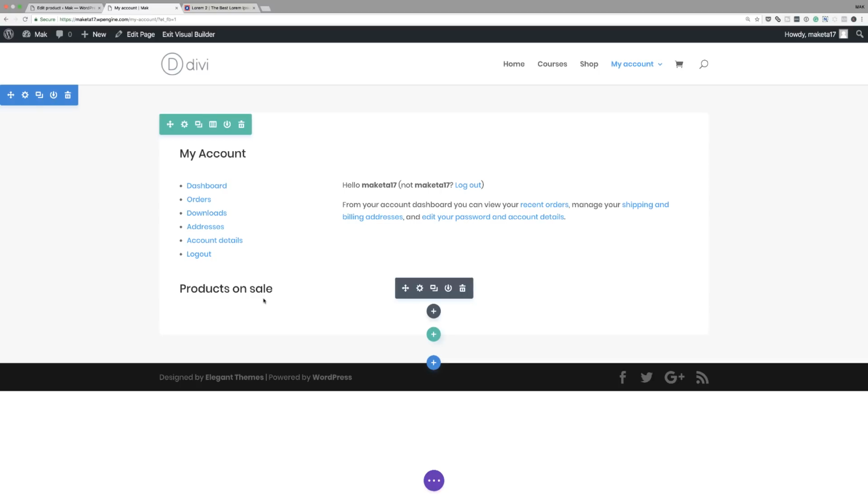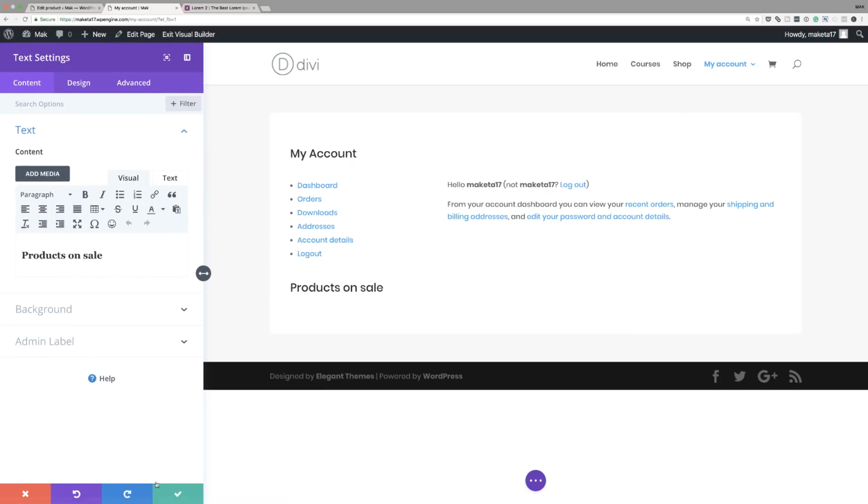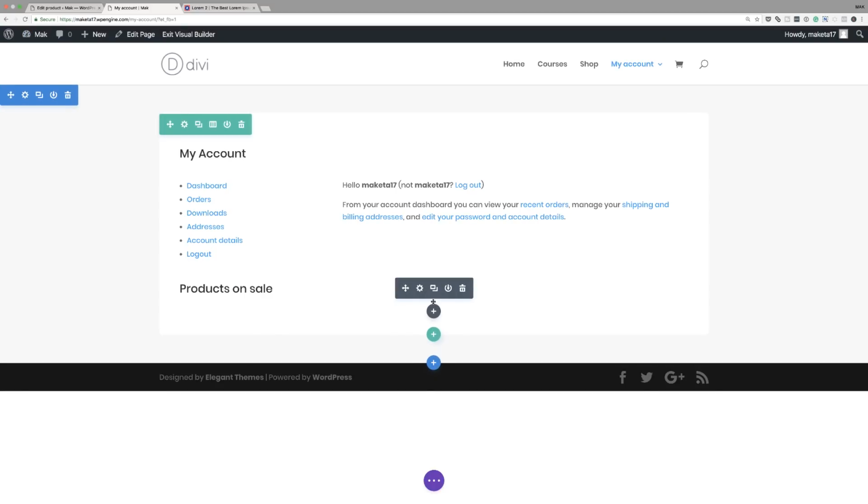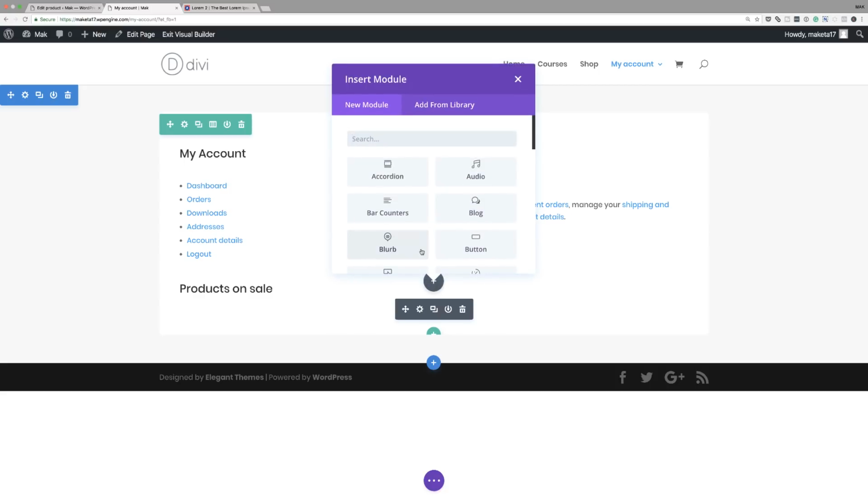So perhaps they want to see products on sale. So what I did here was I added this text module, just called it products on sale. So there it is. This is just a text module. Save that. And then over here, I clicked this plus button and added another text module. So this text module is just going to have